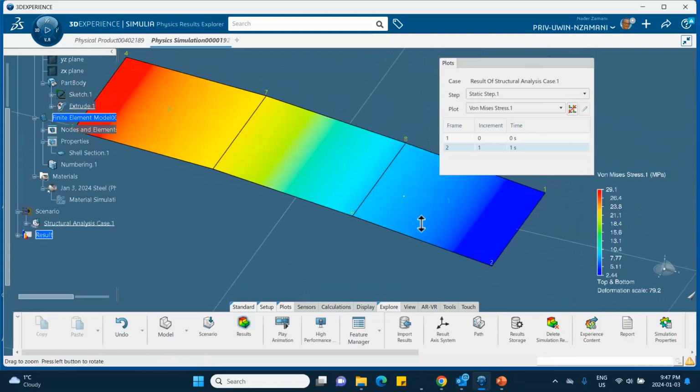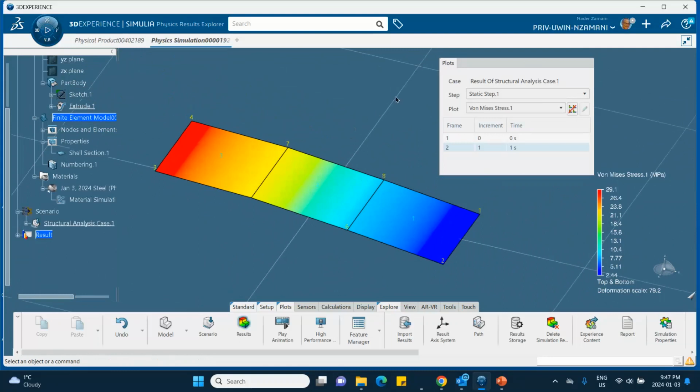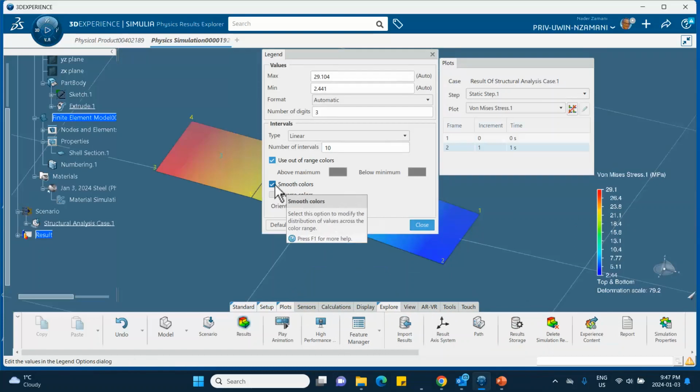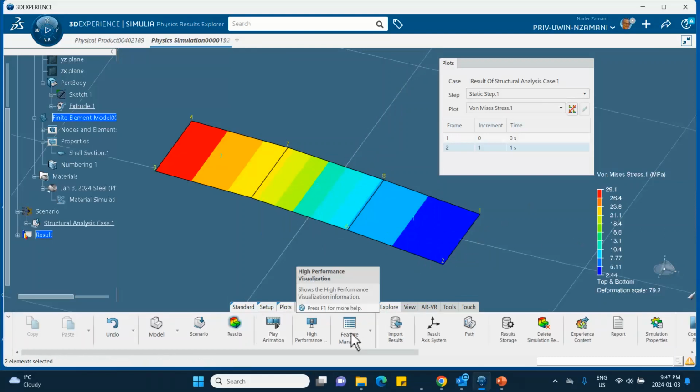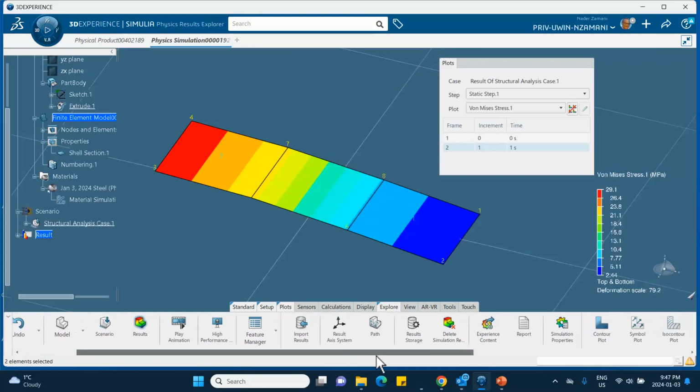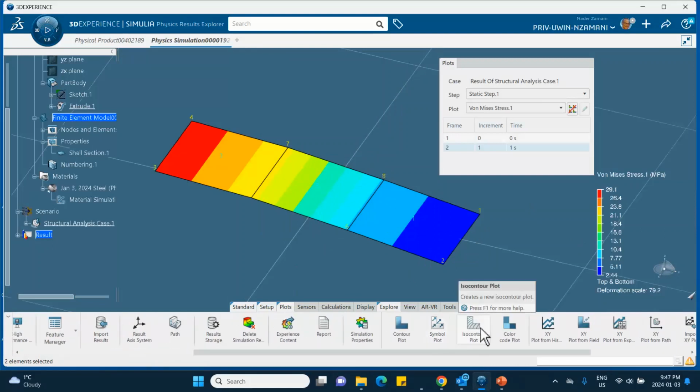Okay, now there is an alternative of doing this thing. Instead of doing this kind of contour plot, let me first of all make this thing non-smooth. Double click on this, say non-smooth. It doesn't make any difference, so we can see that. But if you go on the plots, scroll to the right, there's something called ISO contour plot. You click on it